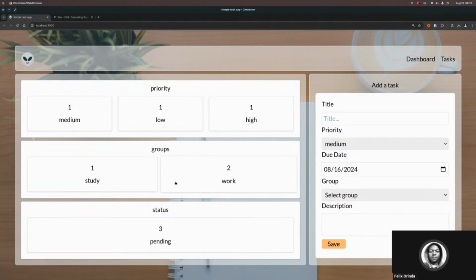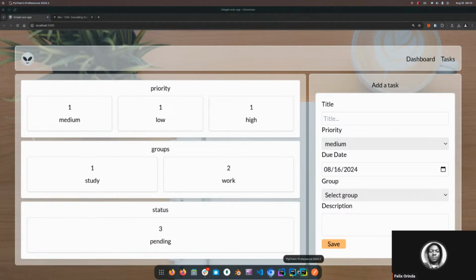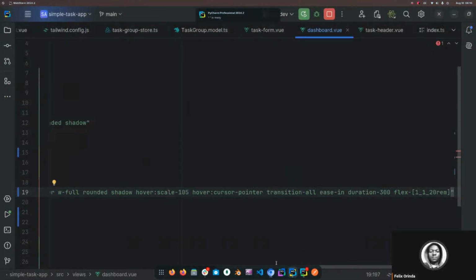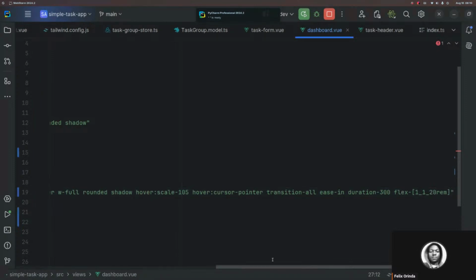So that means we can go with, let's first style up these ones. We add a utility, just close that. So we add a utility here, which is known as